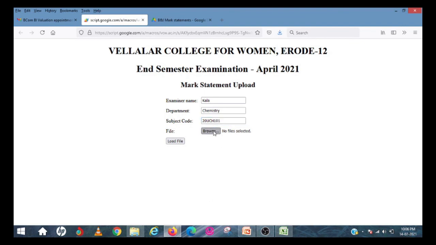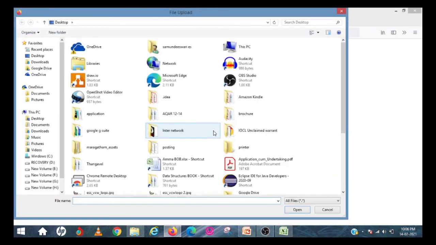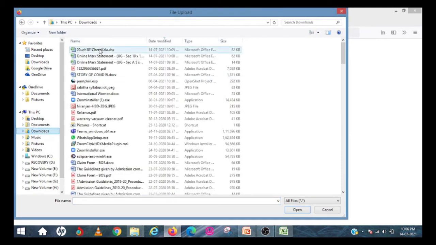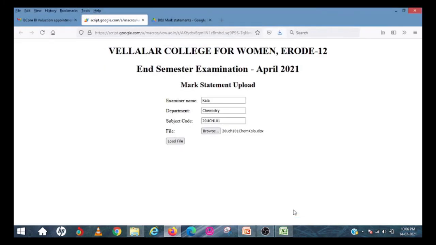Then click this browse button. Go to the downloads. Select this file. Then give open. File is browsed. It is not uploaded. Then you have to give load file.